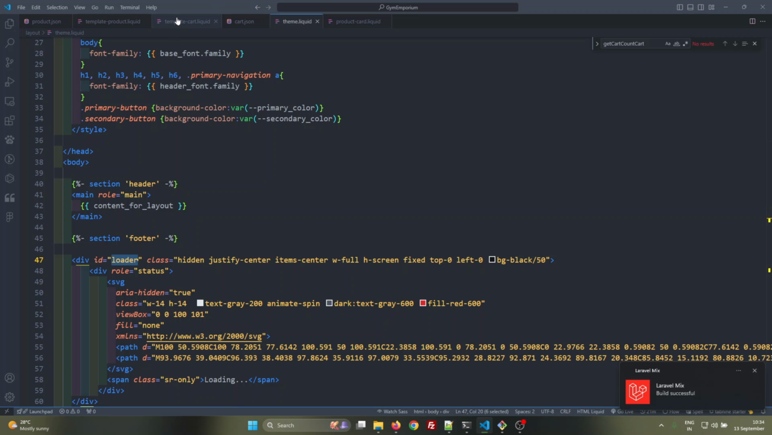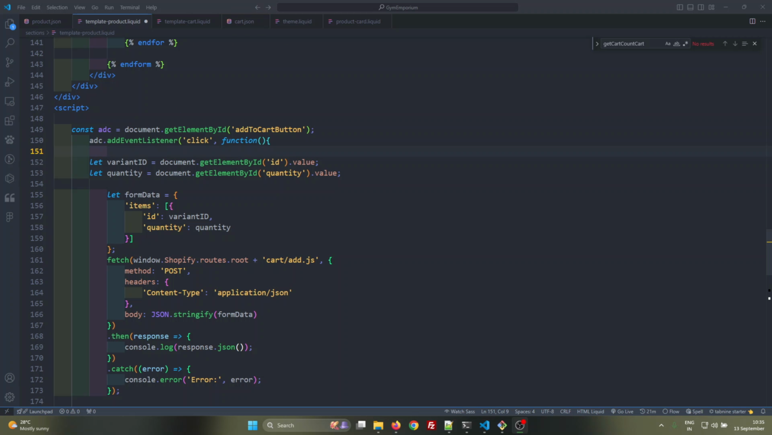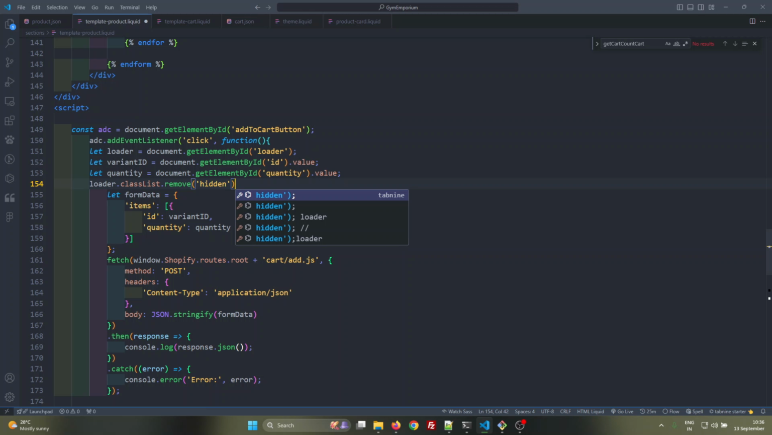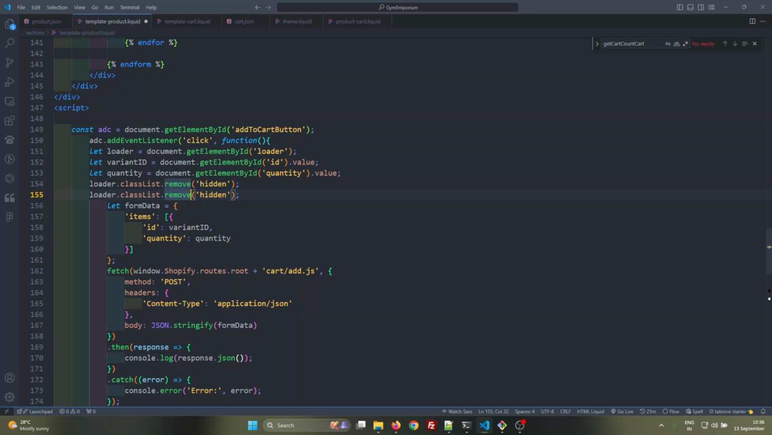Let's copy this ID and go to our JavaScript code. So here in this add to cart button, when we click on this add to cart button, let's create a variable. Let's say let loader equal to document.getElementById, and the ID is loader. So when we click on this add to cart button, let's remove the hidden class from the loader. So let's say loader.classList.remove, and the class that we are going to remove is hidden,